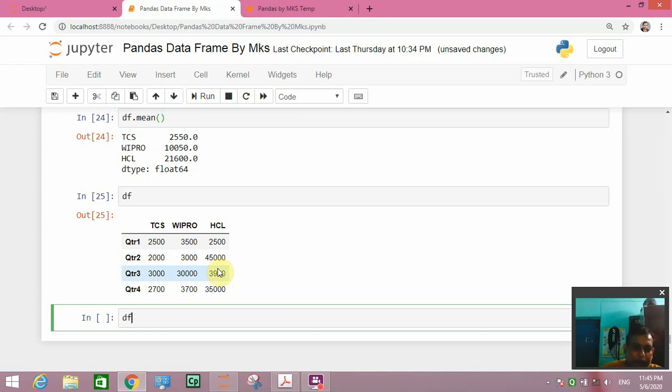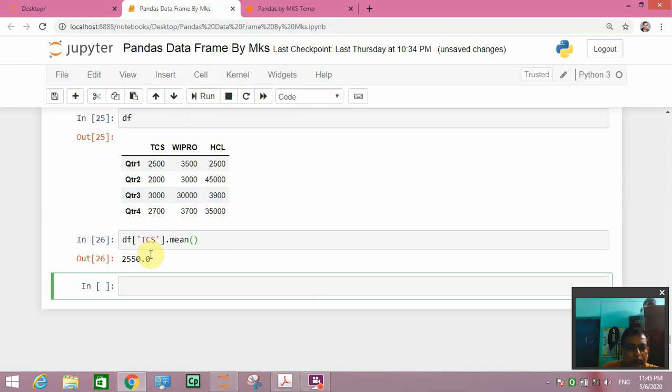Next you can write df square bracket. Suppose you want to see the mean of a particular column, that is TCS production mean, then you write here the mean aggregate function. It will give the mean of production of TCS company. Average production of 1 year is this one. You can take like this.